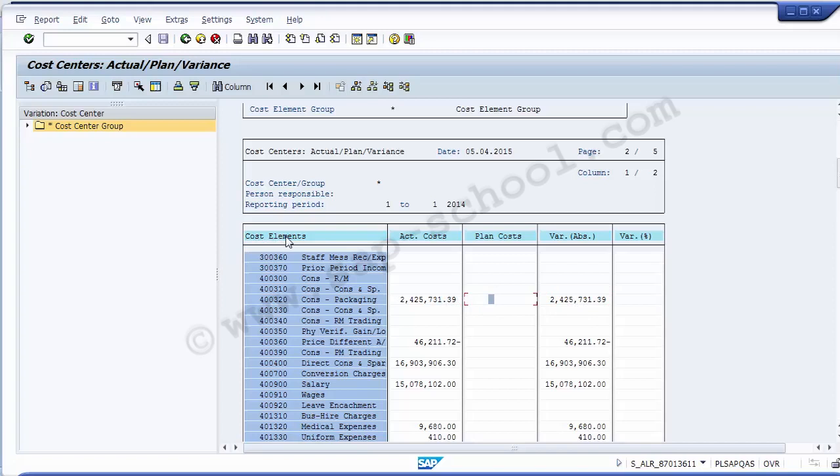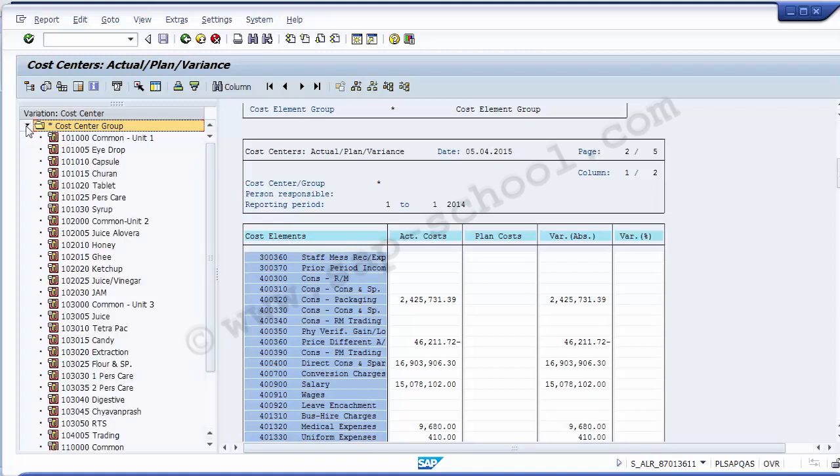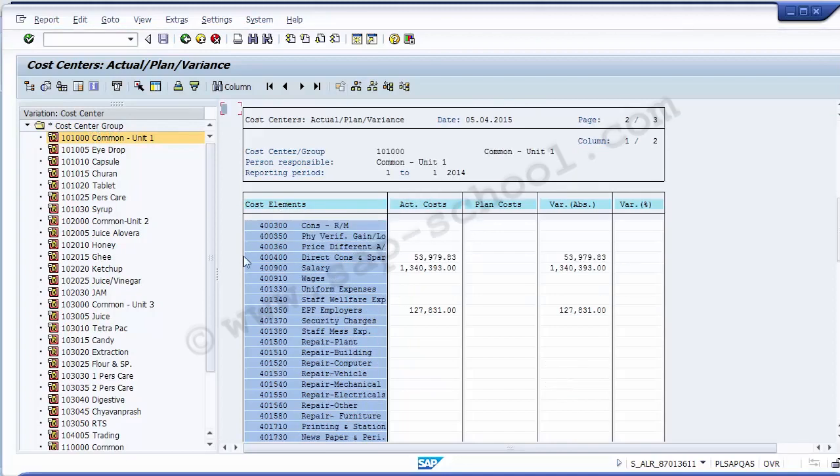But if you want this particular cost element to be divided by cost center, you can go to the right hand side. There is a cost center group. You can click this folder and expand it. I have expanded the list of cost center groups, and these are the different cost centers on the screen. Once you click on one of the cost centers, these different cost elements will get bifurcated on the basis of the cost center. So you can see now for the cost center group